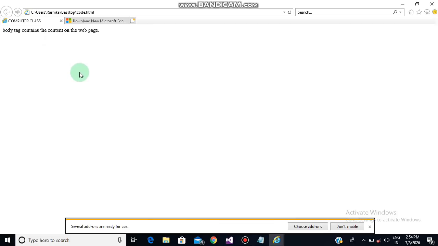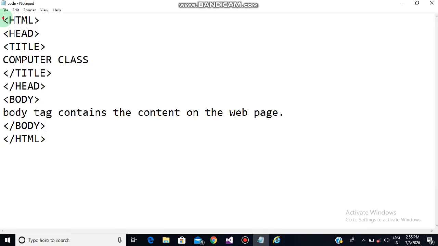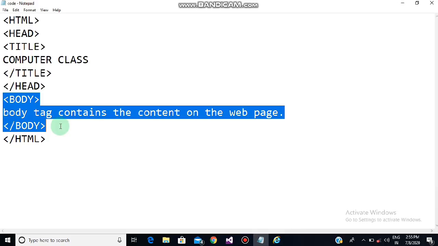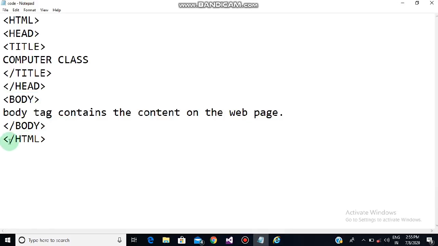See children, the formatting, the images and everything we will learn in the next classes. But as of now, this is the way we can add our content to our web page. We can also change the background color of this page, even of the fonts. Lot of formatting is there, as you all have seen on the web pages. So we will learn all those things, but slowly. So as of now, this is the code to add the content on your web page by using a body tag. This is the body tag. So after writing your body, you again have to close the HTML. So this is the procedure.